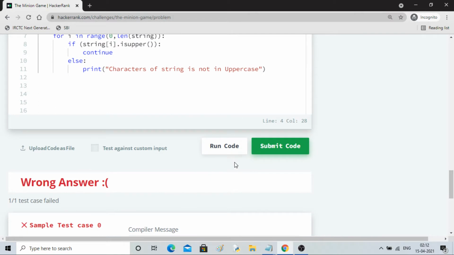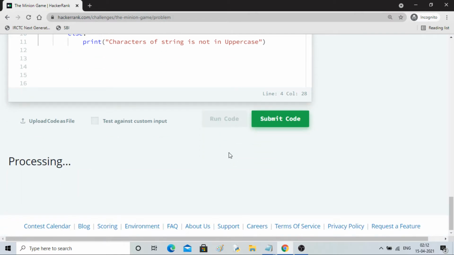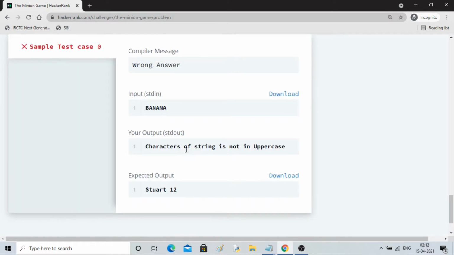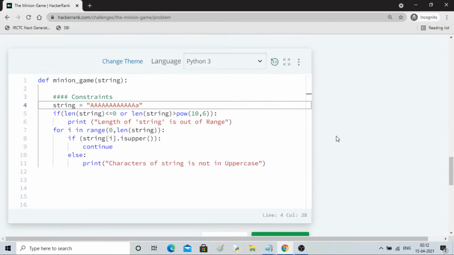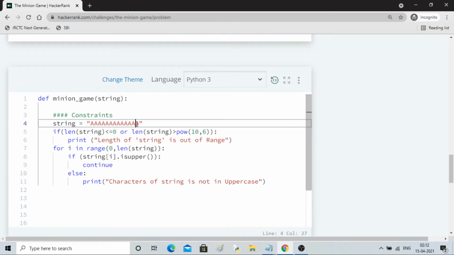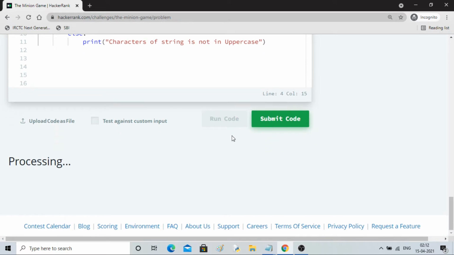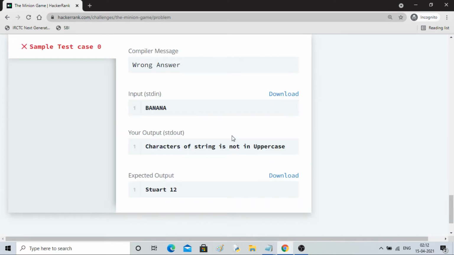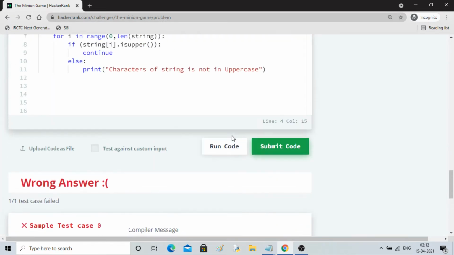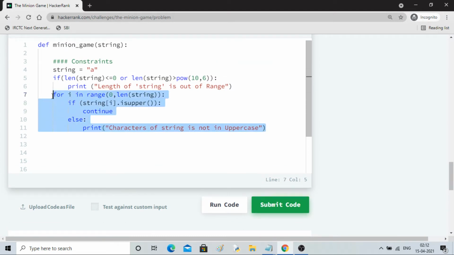Small a should print characters of string is not in uppercase. Yes. What else can I do? Single character only I'll do. Yeah, it is showing uppercase. So this part is also working correctly.